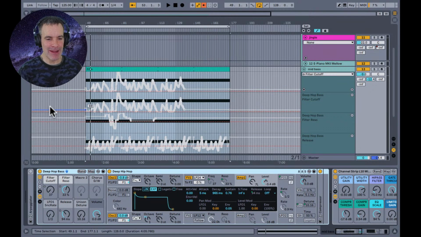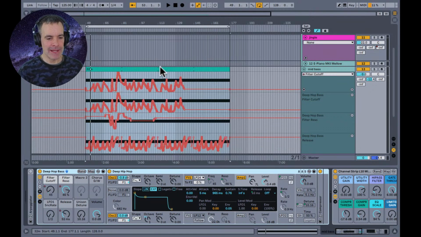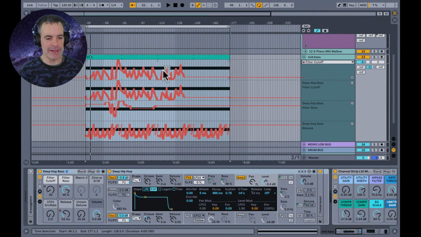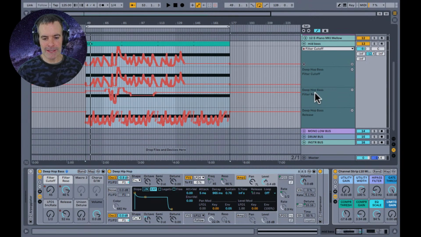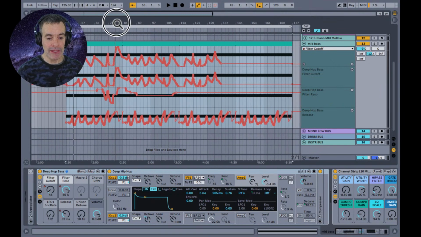And when you find some parameters that you like, then you can go in and just like we did recording in clips in session view, you can hit your automation arm and record, and go through and record your parameters right into the arrangement. So when you're building a track and you have your whole 6 minutes or something in the arrangement already, you can just overdub your automation right in there, open up the lanes, watch what is happening